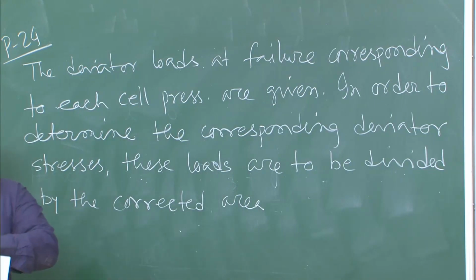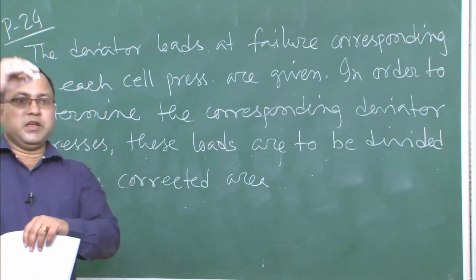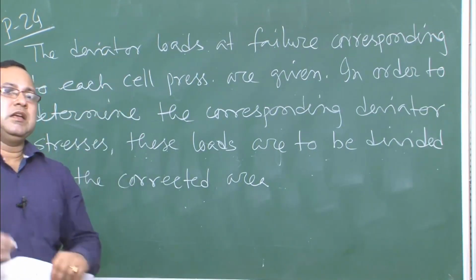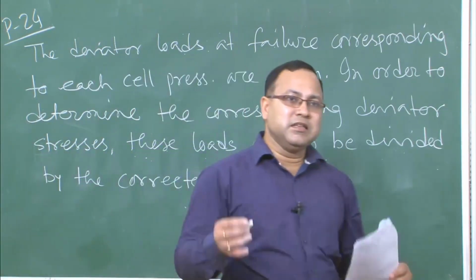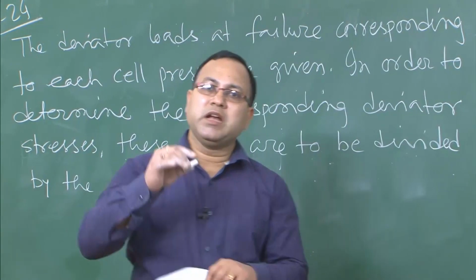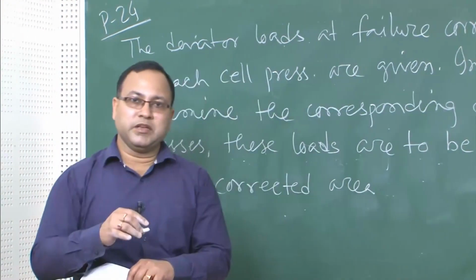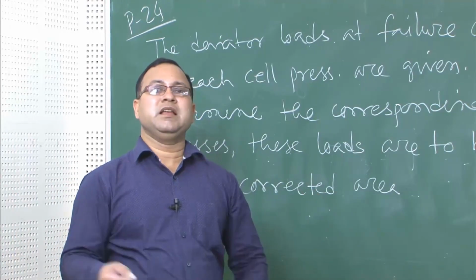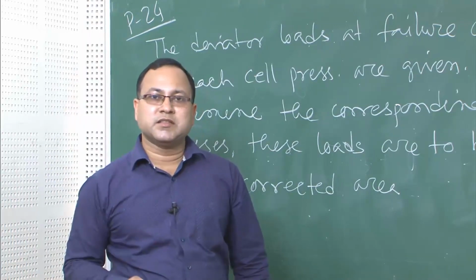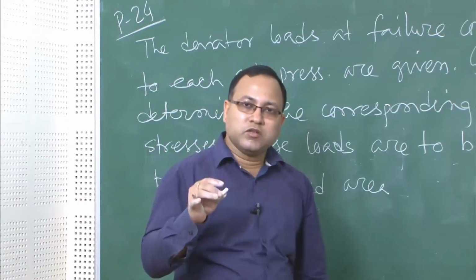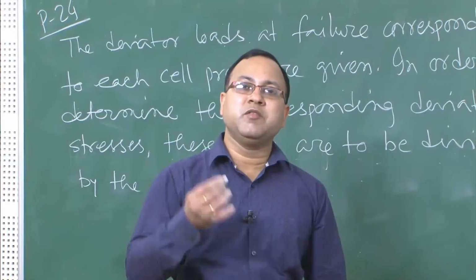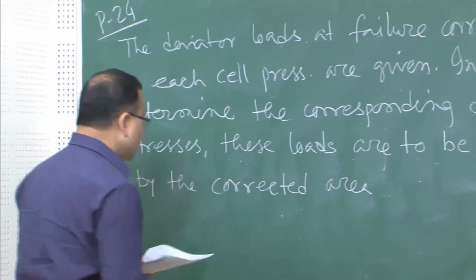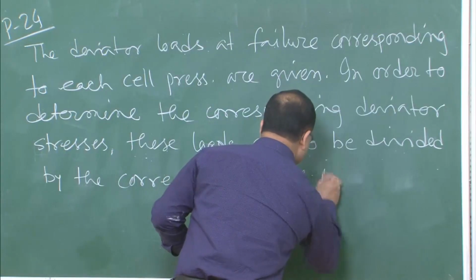Why corrected area? Because when you are considering the shearing, that means the volume change you are considering. So, you may get the decrease in the volume or increase in the volume, right. Whatever may be the situation, you will be getting the volume change. So, when the volume change is happening, you will be getting the area, whether it is bulging or contracting, depending on that you will be getting the different areas at different deviatoric stress. So, you need to find out the actual area on which the deviatoric load is acting, and based on that you can find out the deviator stress. Okay. So, by the corrected area of the sample,